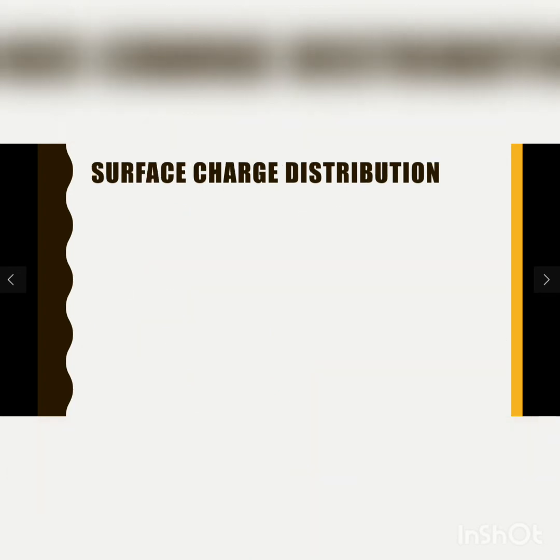Now we move on to surface charge distribution. Surface charge distribution is spread over a two-dimensional surface. Suppose this is my two-dimensional surface, a sheet which has some charge distribution. Now I want to find the net force on the charge Q0 located at some distance from the surface. So again, how do I proceed? First of all, I will define surface charge density. That would be charge per unit area.